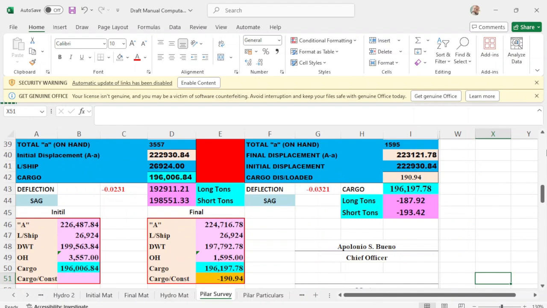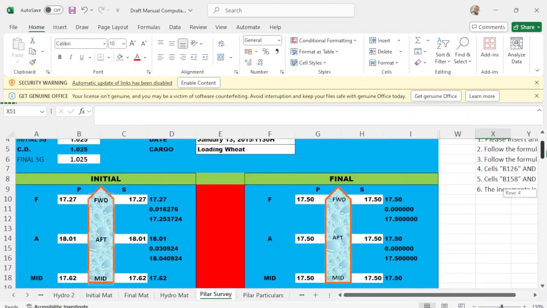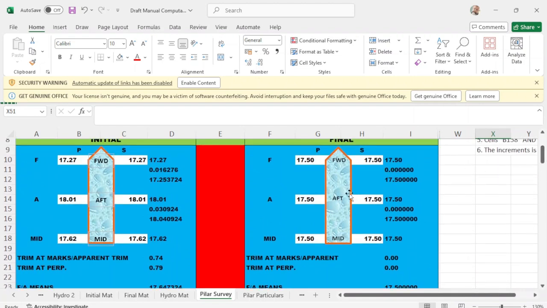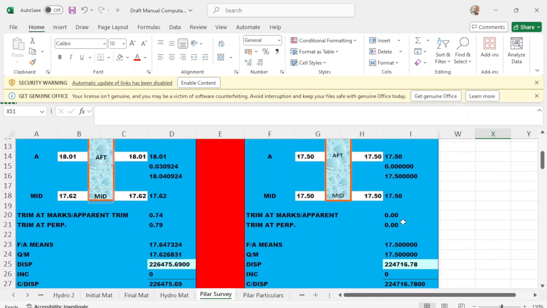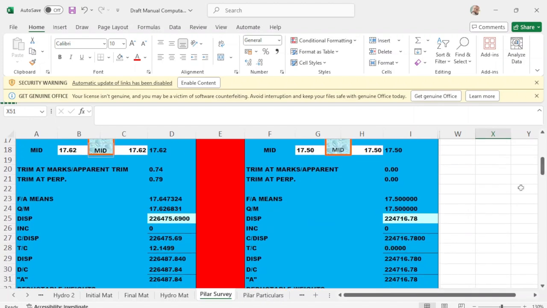Okay, likewise with the final draft of 1750 even keel. You have no apparent trim, no corrected trim, and your mean is 1750, and your quarter mean is the same 1750, and this is your displacement.